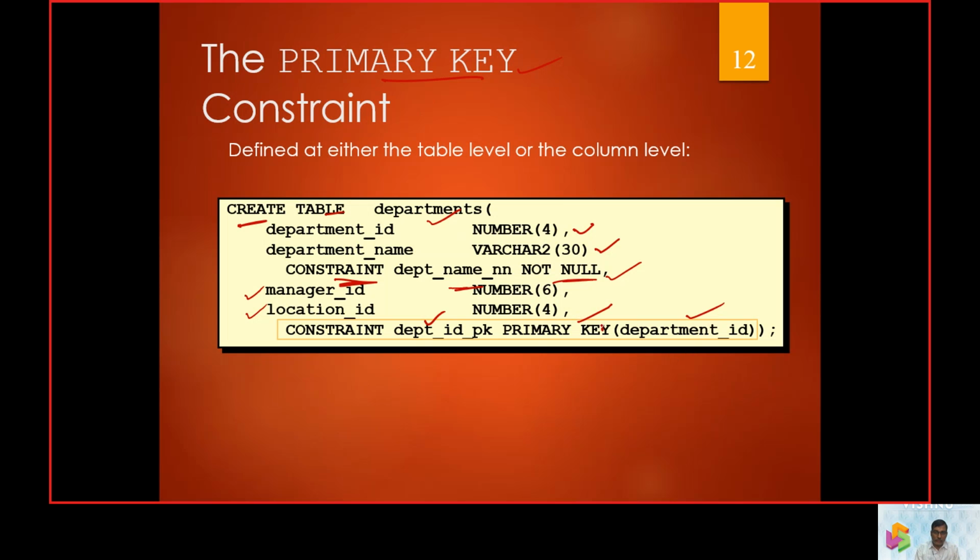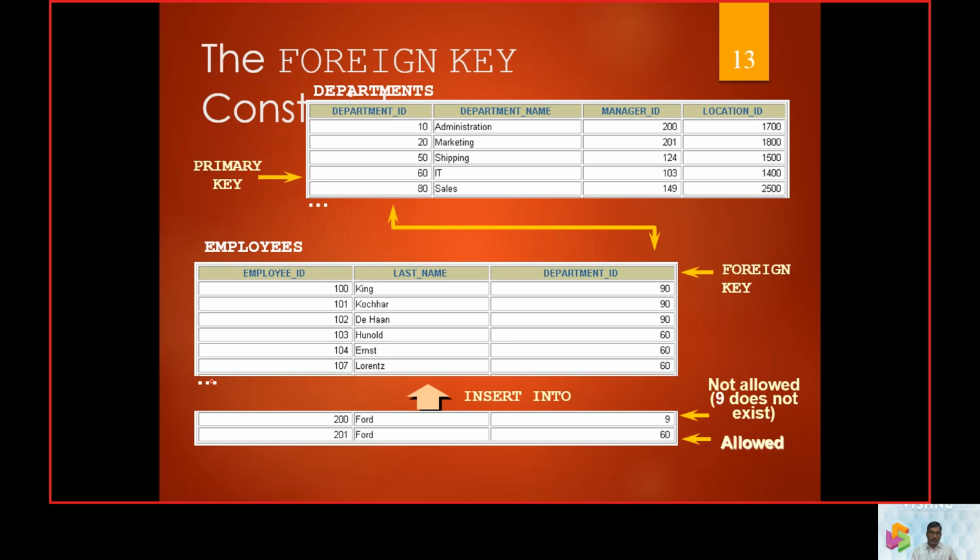So the primary key we are going to give as a constraint, and it can be either at the table level or at the column level. In general, it is put at the column level here, and now it is migrated to the table level. So it is the level that changes for the primary key. There was a table called departments and there was a table called employee.